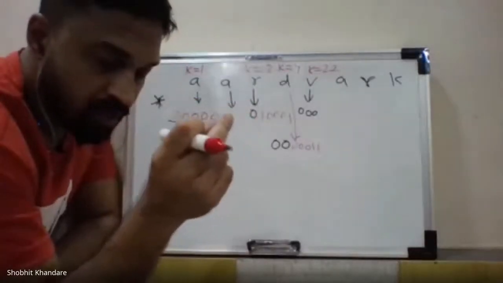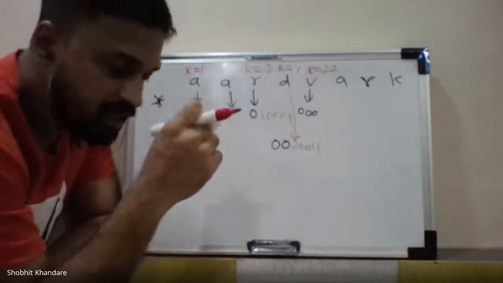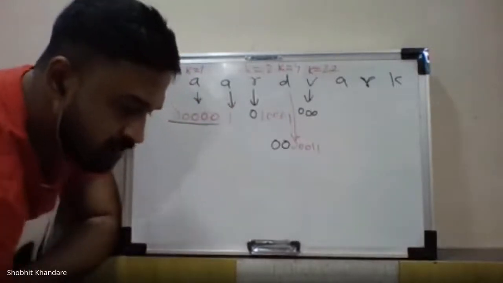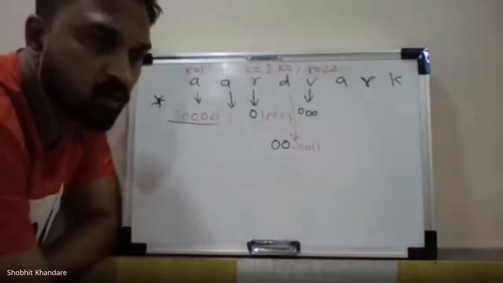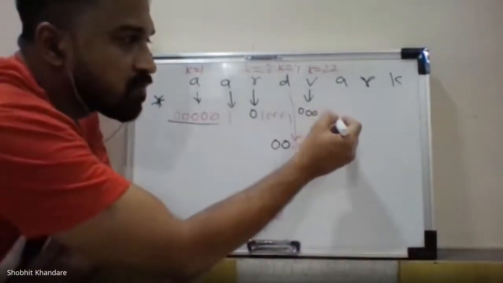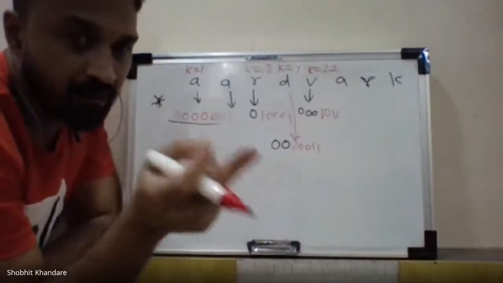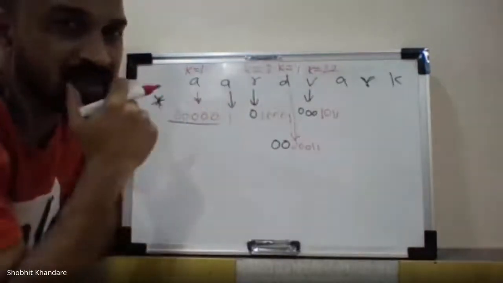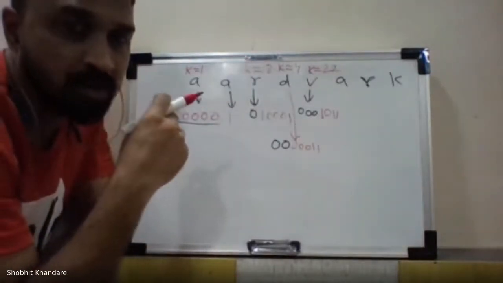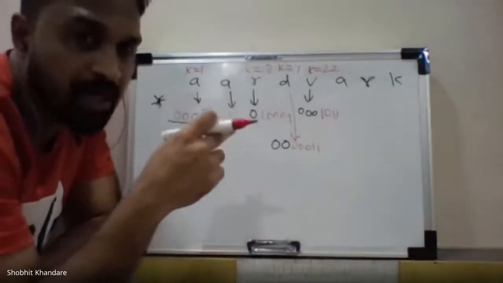Let me tell you one thing. Whether your K falls between 2R or it is greater than 2R. So it is greater than 2R. So tell me, will the representation be E plus 1 or only E? Only E. Yes, it is only E. 1011. Yes, it is right. Please correct yourself. I have told you here the K value is greater than 2R. That's why we have to represent K minus R minus 1.